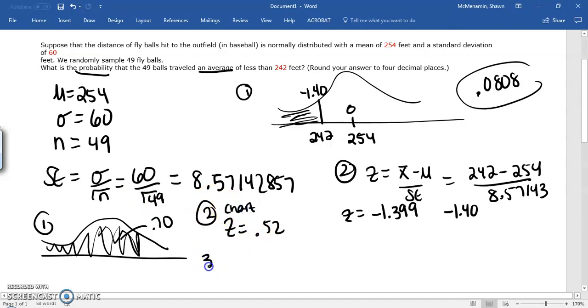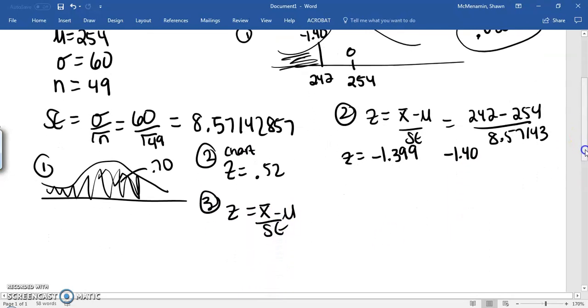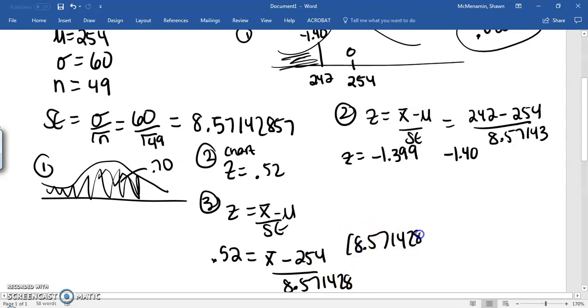The third step is now to use z equals x bar minus mean over standard error. Now your z is 0.52. X bar is what you're looking for. Your mean is 254 and your standard error is 8.571428. And so to solve this, you're going to multiply by 8.571428 to both sides. And these cancel out. 8.571428 times 0.52 in the calculator gives us